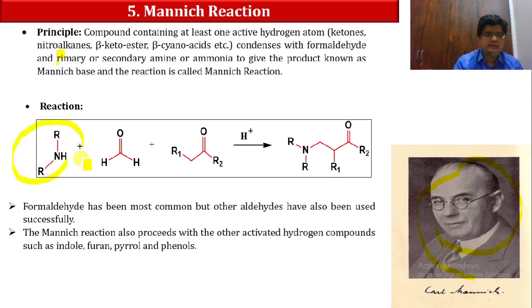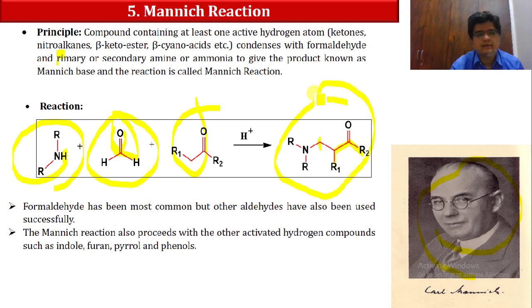Suppose we are having a secondary amine, when we are having formaldehyde and it is reacted with the ketonic compound, what will happen over here? So here the hydrogen from here, oxygen from here, and one of the hydrogens from here. Okay, so now what will happen over here? So here we are producing R and R. Okay, this is our R and R. C double bond O, oxygen removed from here. So R, here we are having a CH2. H will be removed from here. So here we are having R1, C double bond O and R2. So now this compound is known as Mannich base.